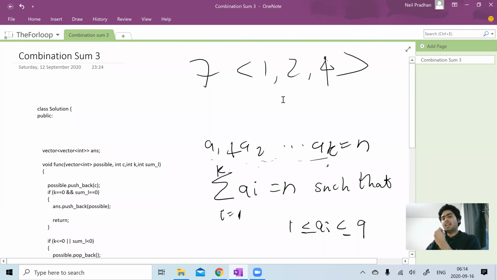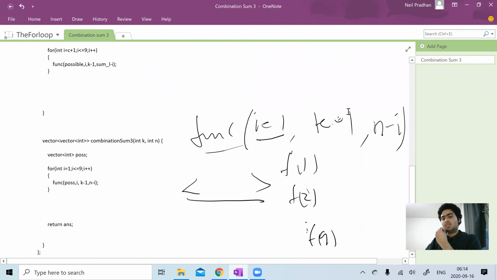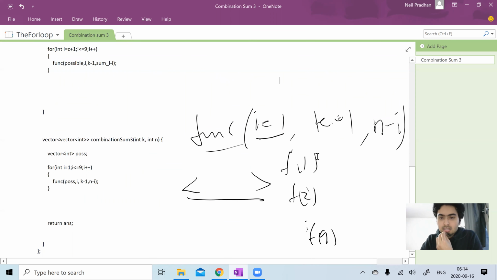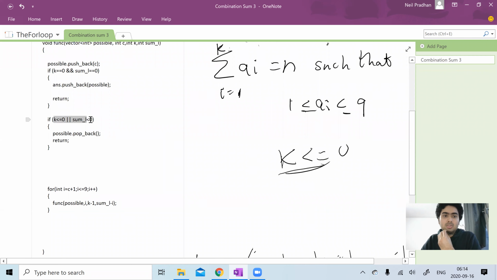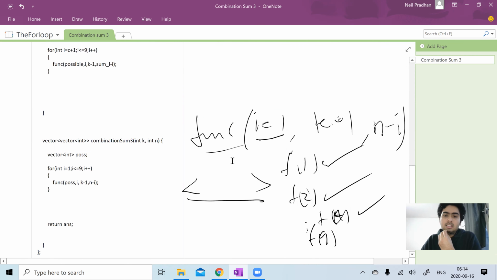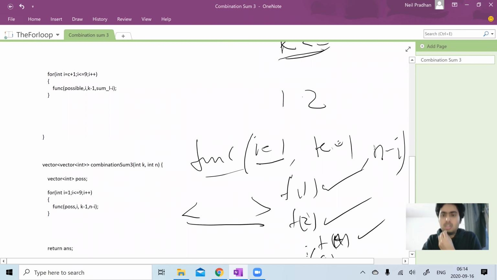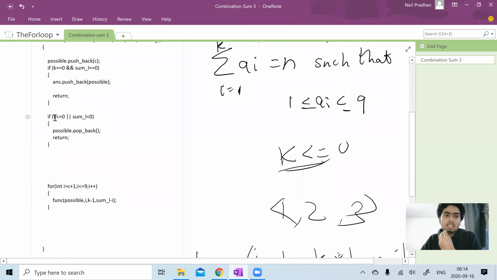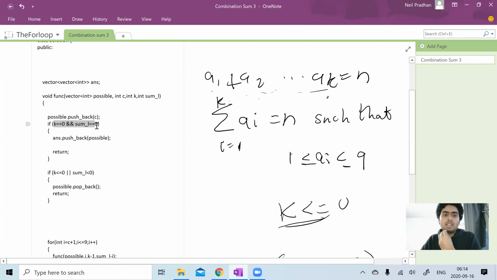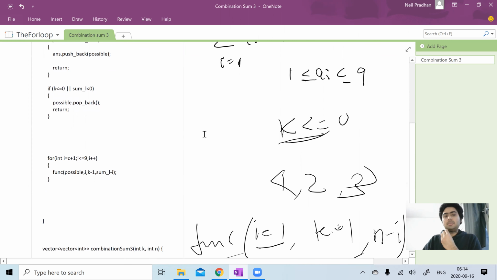So in this example we have 1 2 4 as the answer. What is happening is, for 1 the criteria is fulfilled, 1, 2 and 4, whatever 4 is. But for all others we are actually going inside this if condition. How is that? Now let's say it's 1, 2 and let's say 3. In that case we have exhausted k, which means that k has become 0, but the sum still exists. Otherwise it would have gone inside this condition. It doesn't go inside this condition. So that's pretty much it.